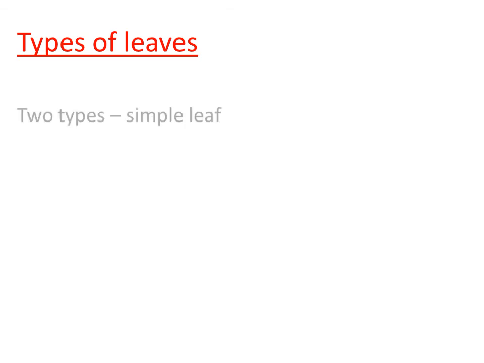Yes, let us study about the types of leaves. So basically there are two types of leaves that can be seen. One is the simple leaf and the other type is the compound leaf. So leaves are of two types. The first type is simple leaf and the second type is compound leaf. How can we define a leaf as a simple leaf? What do you mean by simple leaf?